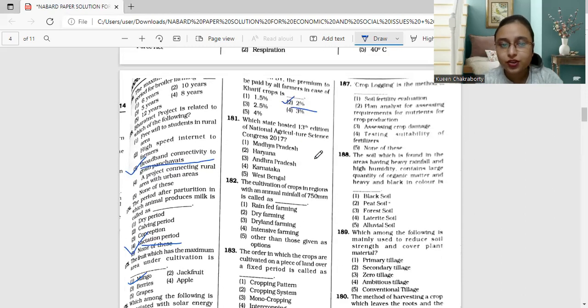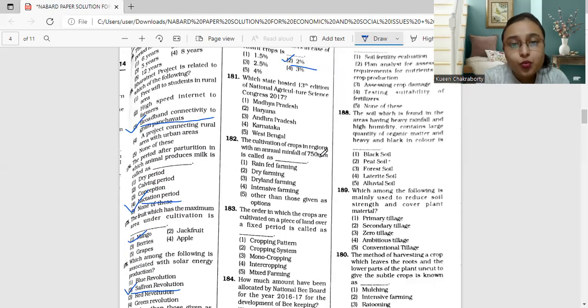Next, moving on to question 181. Which state hosted the 13th edition of the National Agricultural Science Congress 2017? Madhya Pradesh, Haryana, Andhra Pradesh, Karnataka, or West Bengal? The 13th edition of the National Agricultural Science Congress, which was held in the year 2017, was held in the